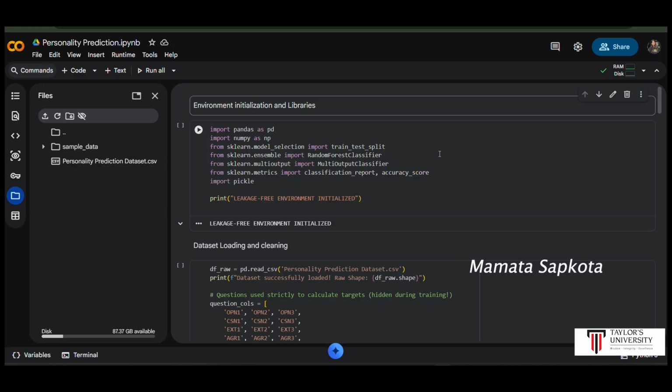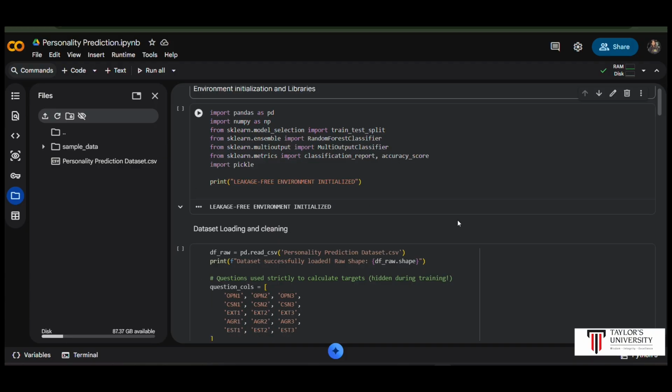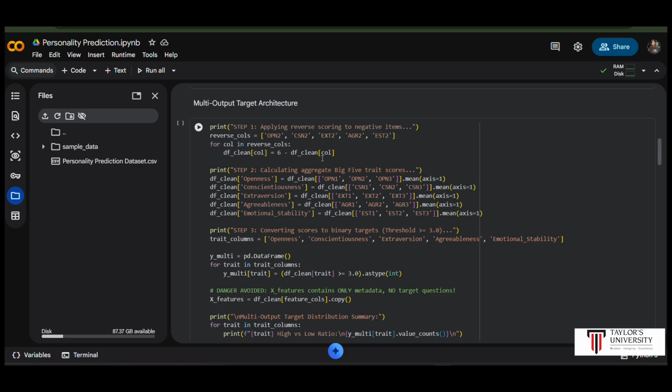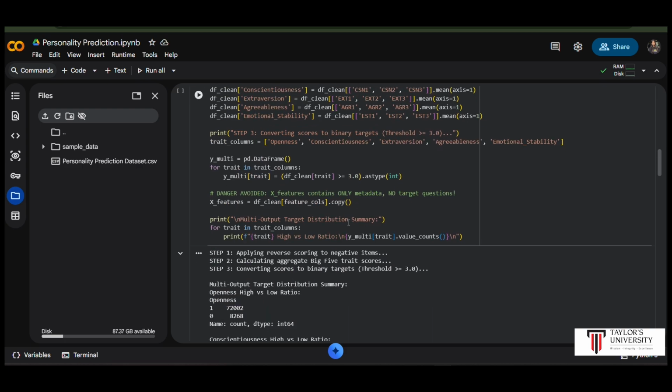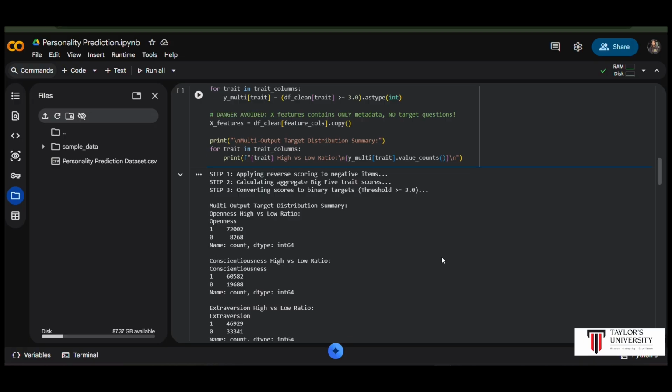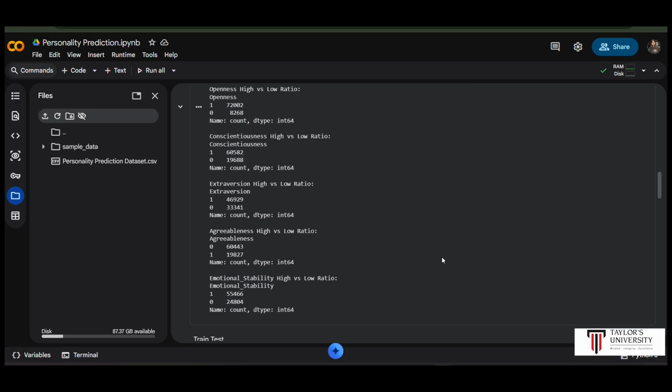Hi, I'm going to walk you through my implementation of the machine learning pipeline for Trait Tracker, focusing on target architecture and model training. After I received clean data, I set up the environment and applied reverse scoring to normalize negative survey items. Next, I isolated safe metadata features like screen dimensions and completion time while building binary targets for Big 5